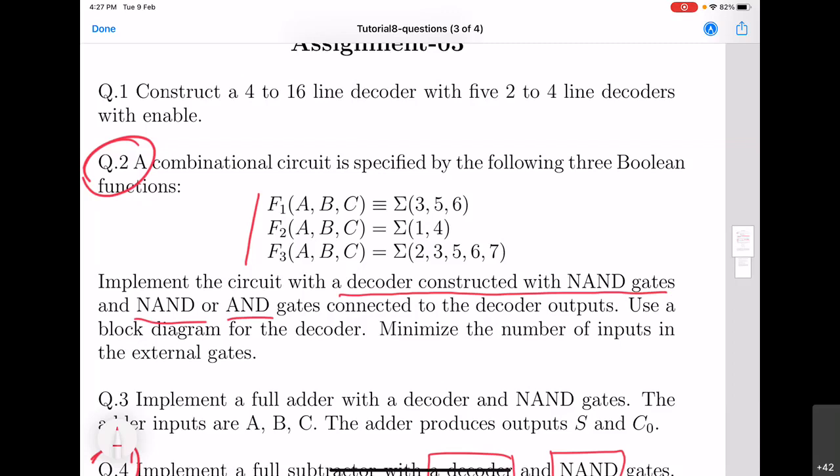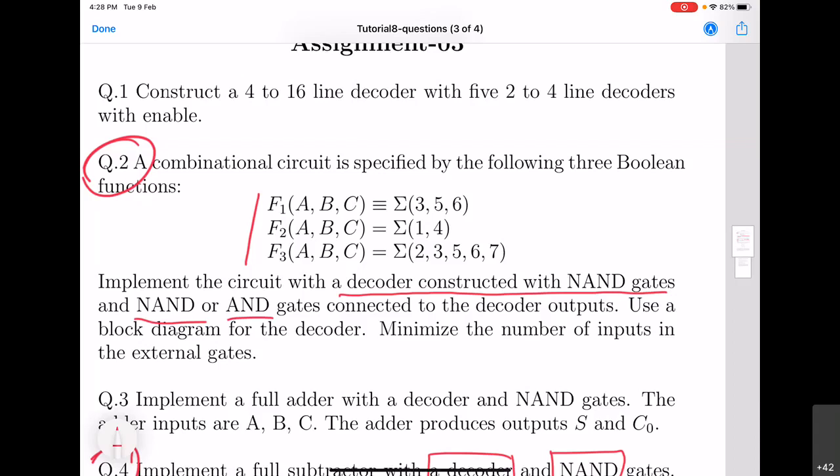Even for F1, you are using 2 NAND gates. For F1, how many NAND gates are you using? In total I'm using 4 NAND gates, 3 for D3, D5, D6 for F1. Let us talk about F1 itself.